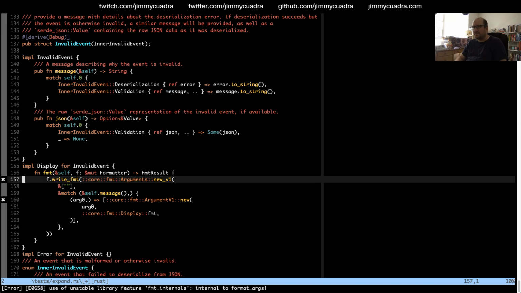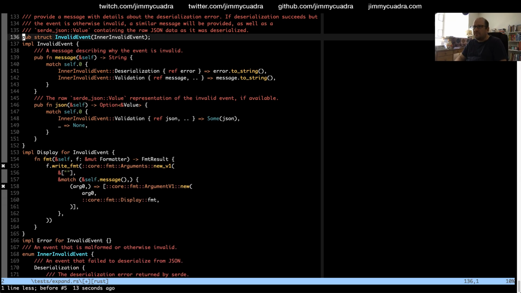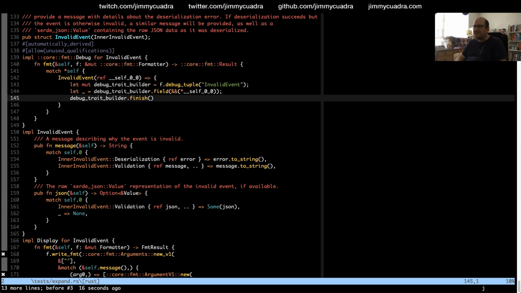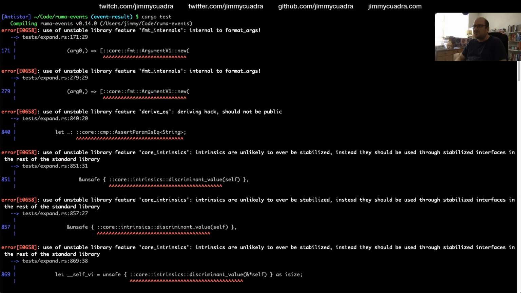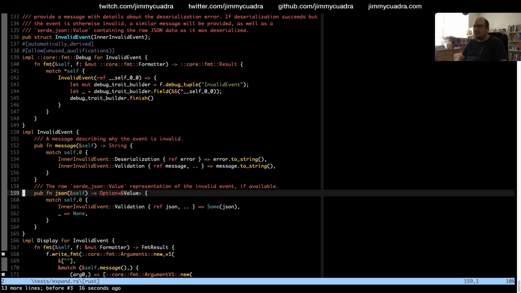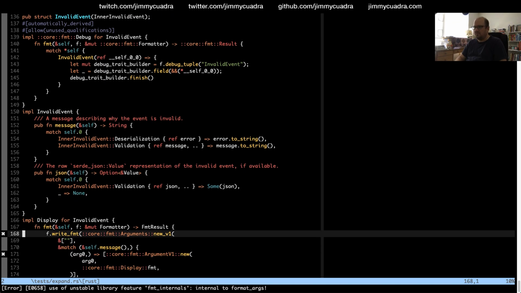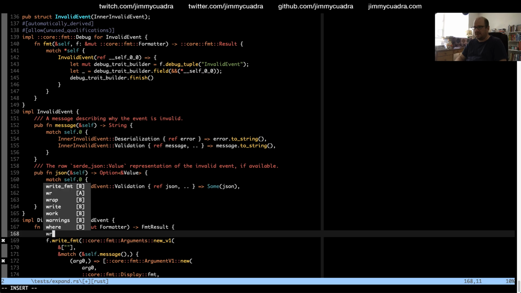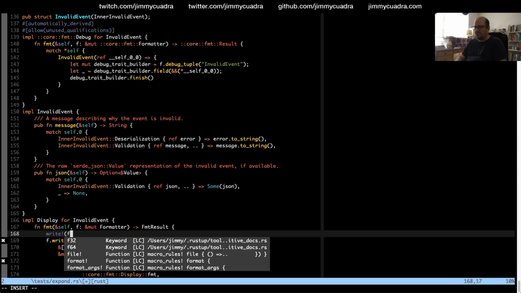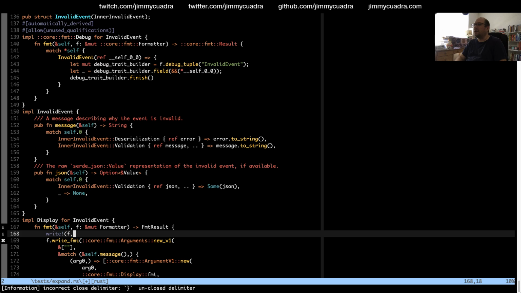Oh, I see what this is. I think that's allowed. And it's because of this macro expansion. So this originally said write F. Well, let's actually go look at it.